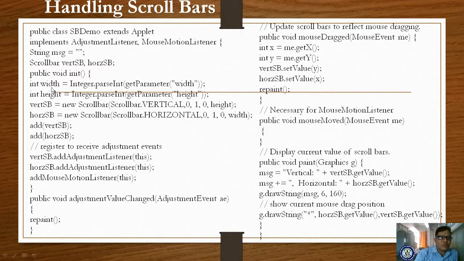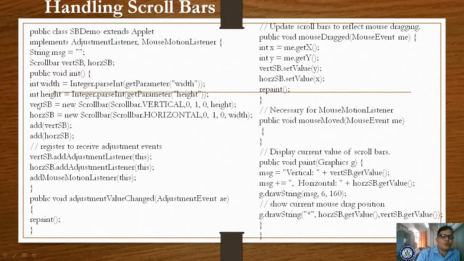Here I am taking one width value. Please observe here. Okay. Here I am passing the width parameter. I am calling getParameter. If you are using the getParameter method, whatever value you specify in the applet tag can be accessed. Whatever you access is a string, you are forcefully converting it into an integer and storing it in width. In the same sense, height. So you are using the getParameter method, and whatever the height holds is a string, and you are forcefully converting it into an integer and storing it in the height variable.